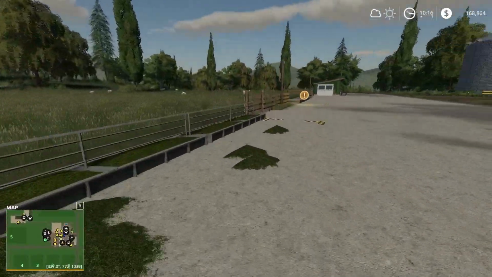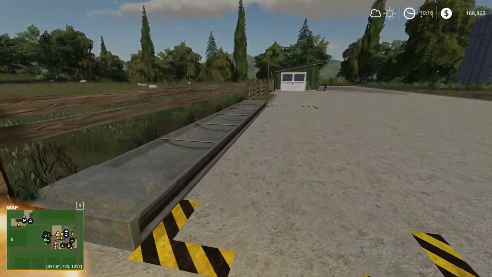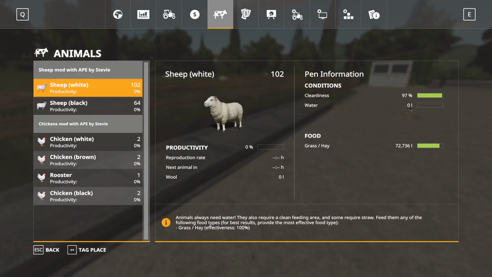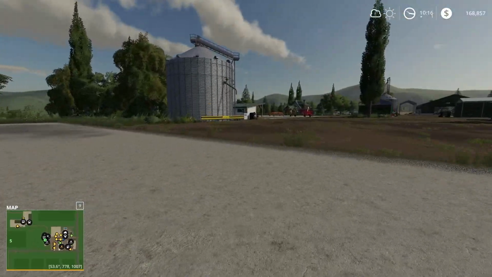Righto. Well, we've got some cleaning up to do. We've got some grass to pick up there. Still haven't progressed there. We still need some water there. In fact, let's have a look and see how our sheep are going. They're particularly thirsty. Cleanliness 97%. Productivity. They've got no productivity, and that's because of the fact they don't have water. Perhaps what we might do,